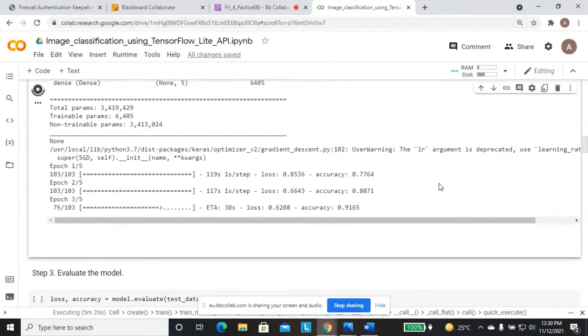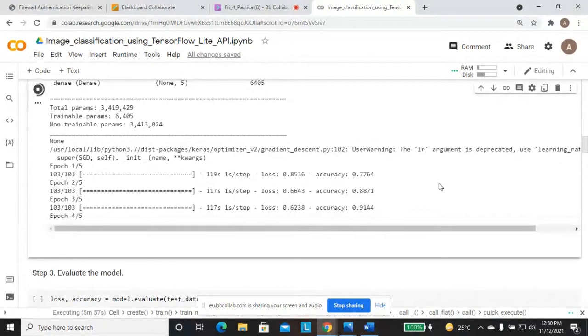You can take this as a project, that is image classification using the TensorFlow Lite model library, and we are using the API. API is the application programming interface. Nowadays you have many applications where you have application to application interface. In an API we don't have any human intervention. No human interface is there directly. It is an application to application interface.